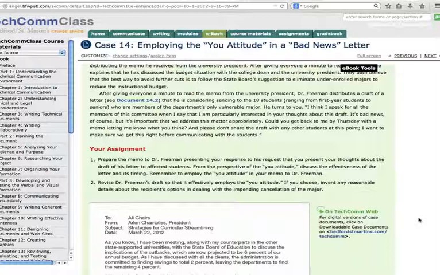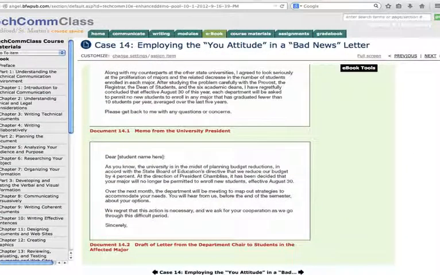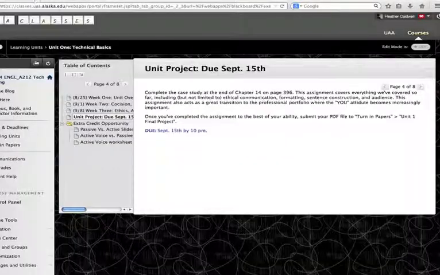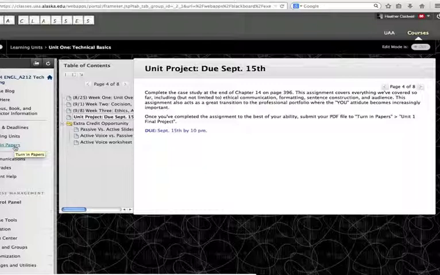So make sure that you're looking at each of these elements in your revision process, and all the documents are there for you. Now, when you're done with this, you will go into Turn In Papers and submit your work there. There will be another link. Make sure that your documents are PDF files. You can do it all as one PDF file, or you can submit a PDF file for each question. One for the memo, one for the letter. I leave that up to you. Make sure that your names are on those. In the memo, your name obviously is going to be in the From section. If you're creating the letter, you could also sign it, right? Maybe as the student chair, be creative with that. I leave it up to you.